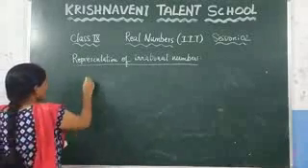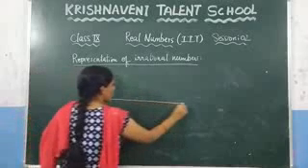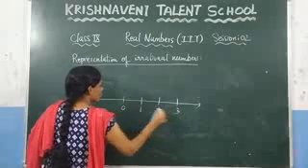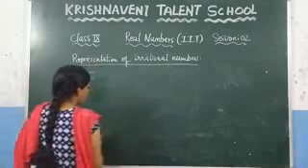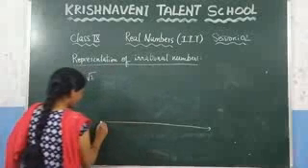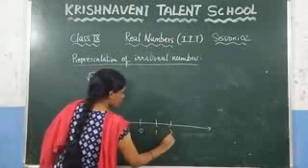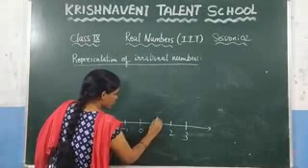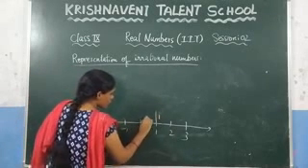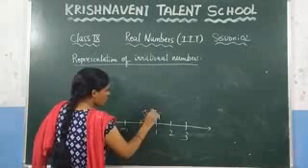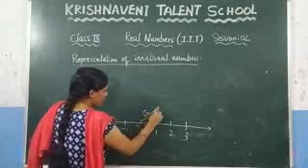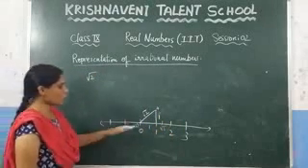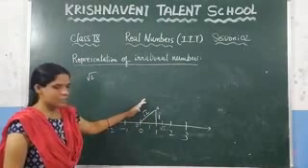Let us represent root 2, what we have discussed before. I am directly writing here 0, 1, 2, 3, and here minus 1, minus 2. How we have represented: at this point, this is 1 unit length, and at this point it is 1 unit length. If you draw this one, this will be the value of root 2, and you have to take this as a radius and draw an arc. This will be the value of root 2. This one we discussed.